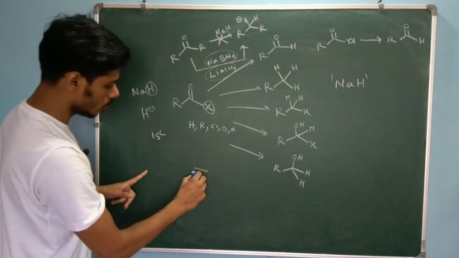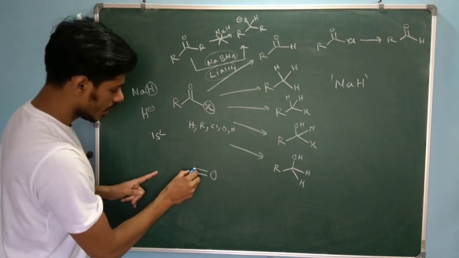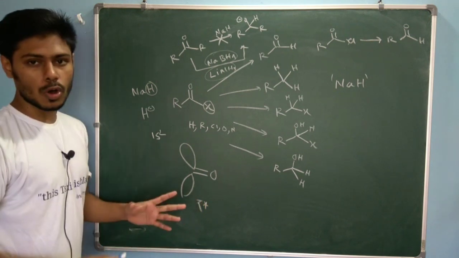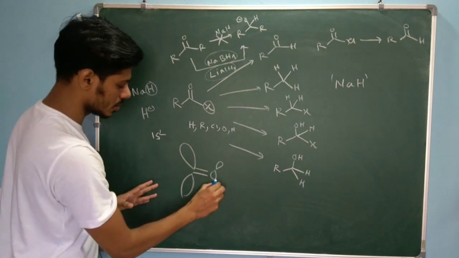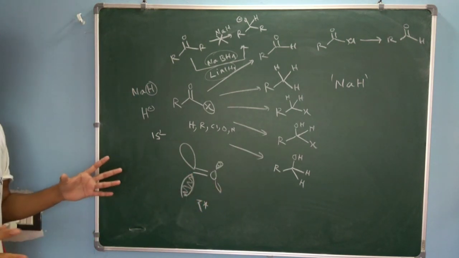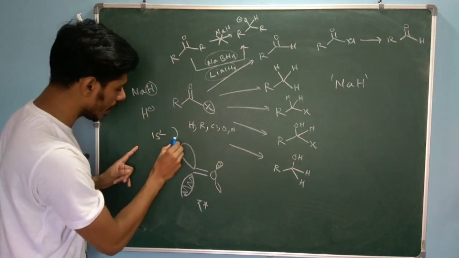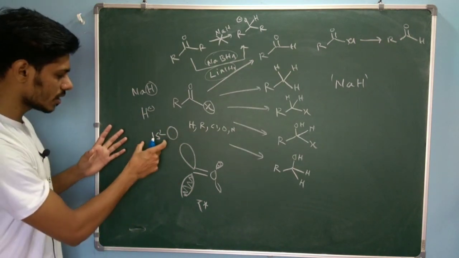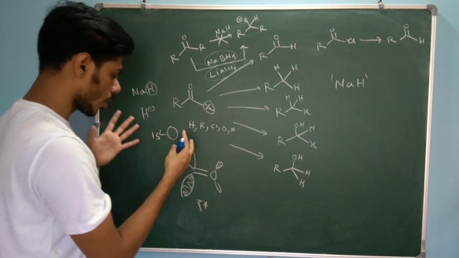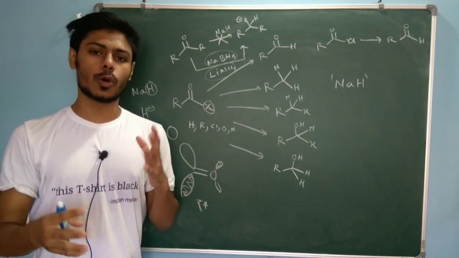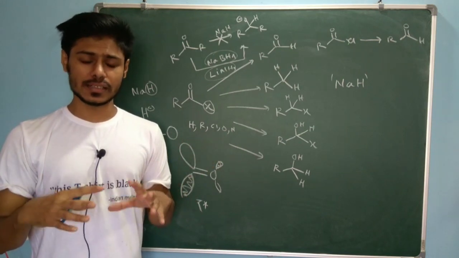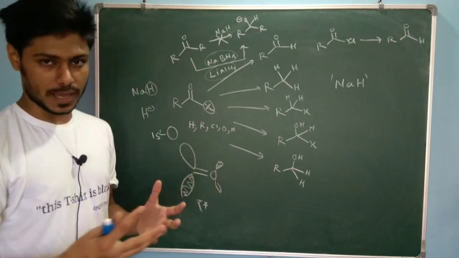And when we talk about the reaction with the carbonyl group, we know that it is the LUMO, the C=O pi star bond, that is the LUMO of this carbonyl group, right? This pi star orbital. So if any nucleophile has to approach this, it has to overlap with this LUMO, right? Now if you consider the small 1s orbital and this pi star orbital, which is actually contributed by the 2p orbital of carbon, the overlap will not be good. The overlap is very bad, because of the size matching, right? Size mismatch in this case.